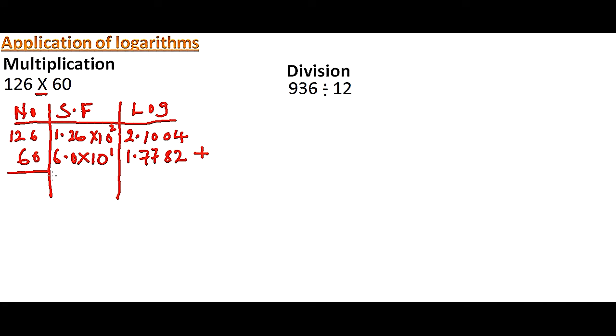So we put a line there. So when you add 4 plus 2 is 6, 0 plus 8 is 8, 0 plus 7 is 7, then 1 plus 7 is 8. We put a point there. 2 plus 1 is 3. So in standard form, then we go the reverse. 3 here represents 10 to power 3. Then we get the anti-logarithm of 0.8786,